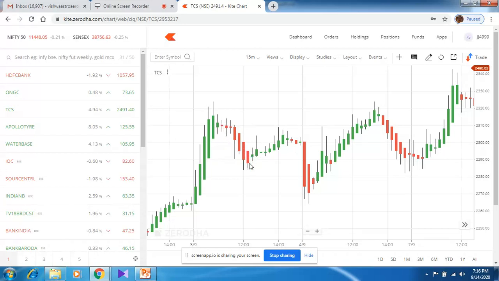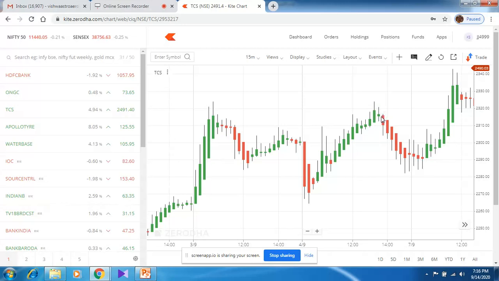Now similarly, the same is happening over here. As you can see, there is a doji here. The only difference is here there was a red doji after green. Now here there is a green doji after red. So whenever a doji appears with a changed color, it is obvious that the trend will change now. Now again, there is a green doji, so afterwards there is a red doji. It is a clear indication that the market will go down now. Similarly, it also goes up and down successively with the occurrence of doji candles.